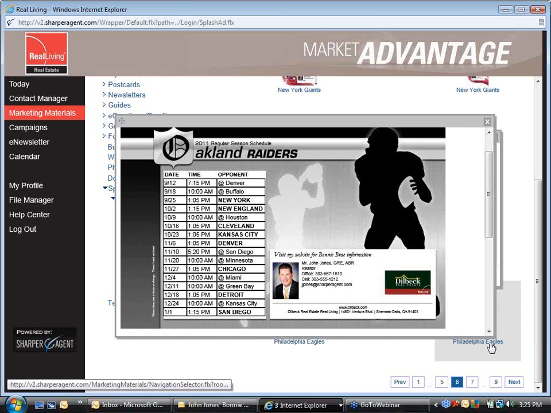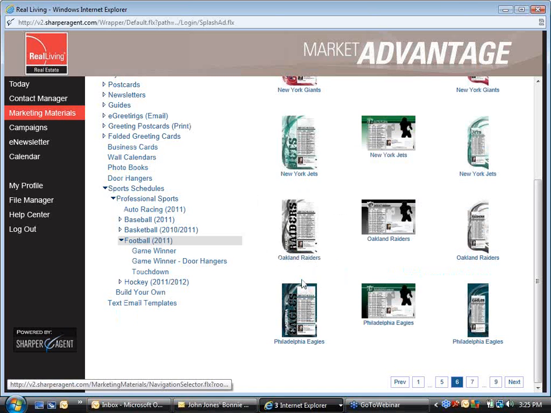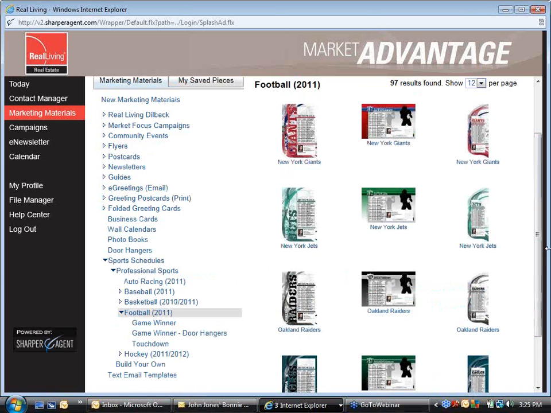So think a little bit outside the box on things like that. The benefit of having the whole league available to you is that you can quickly and easily access that. And by the way, remember, these can be emailed. They can be printed on your own. You can print these schedules on your own, and of course you should order them for professional print if you're going to mail them. But it's nice to have those at your fingertips,